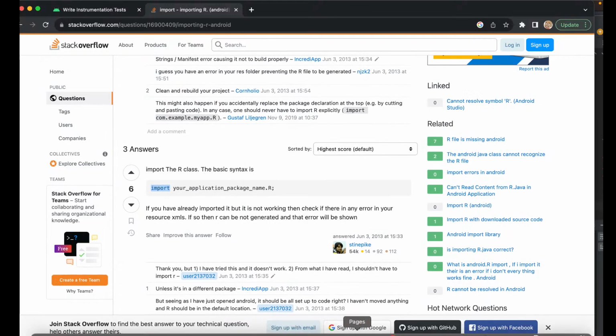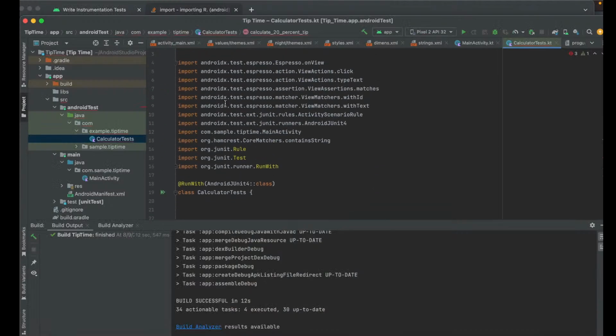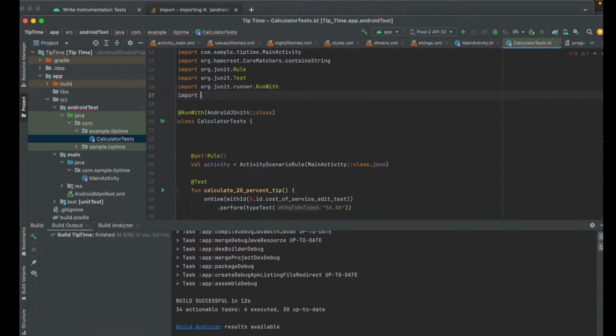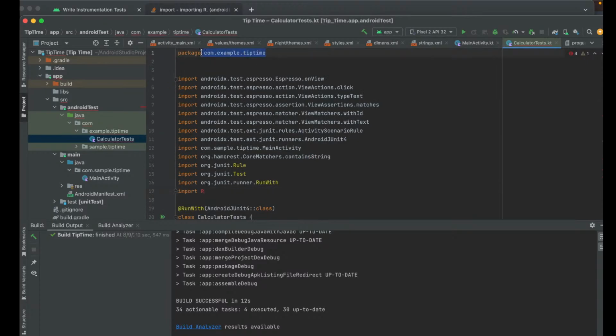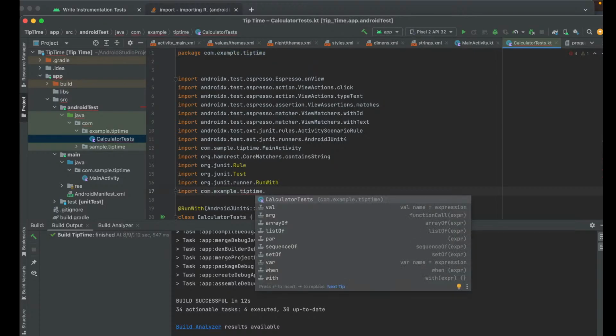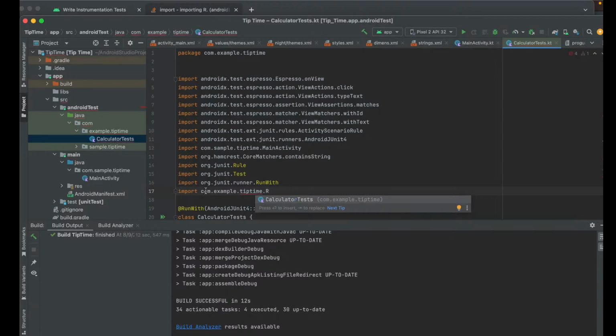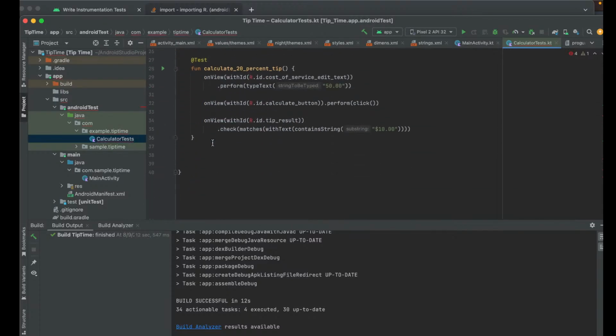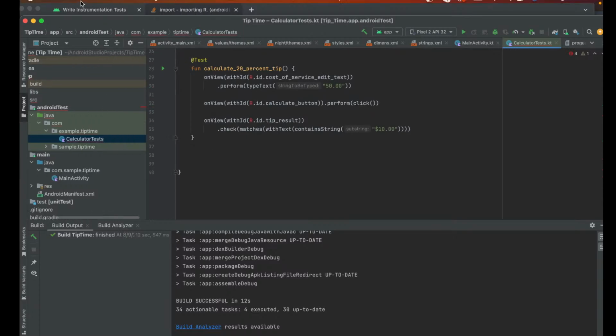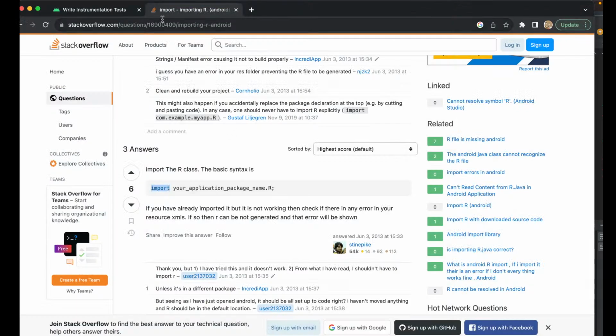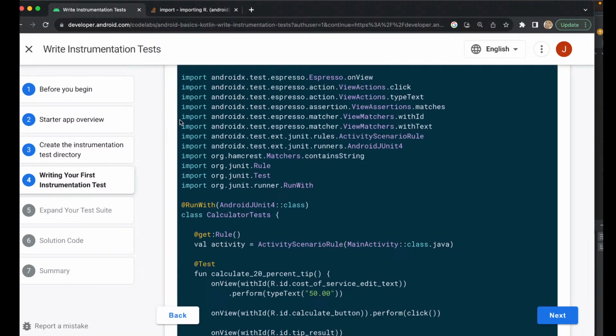Let me see here. So the Android Studio import R. Or is it this? Dot R. Interesting. All right, so